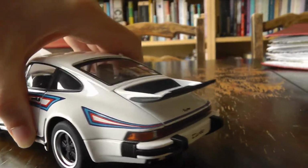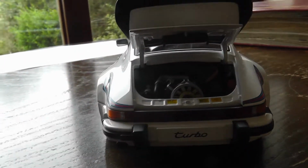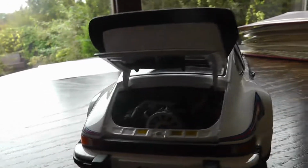So let's look inside the car. And first of all, there you go. You see the top side of the engine that we were just looking at. A reasonable amount of detail there, spot on. You've got all the parts, you've got the stickers, and so on. And if we look in the left-hand door, so this is a left-hand drive car,